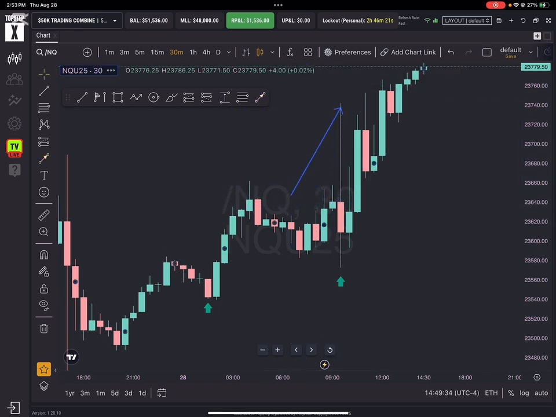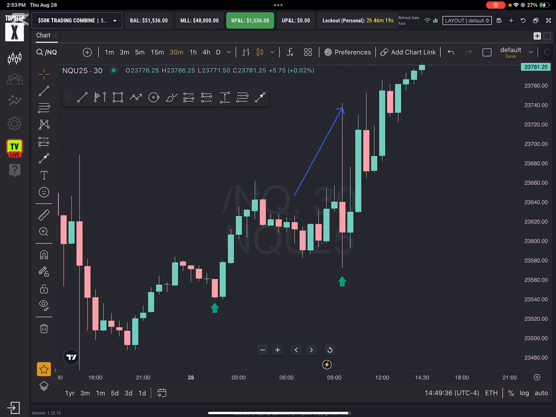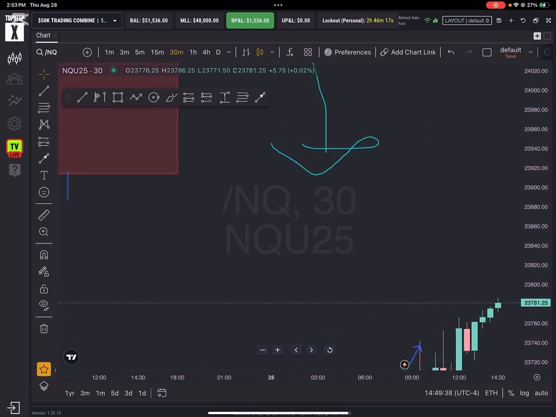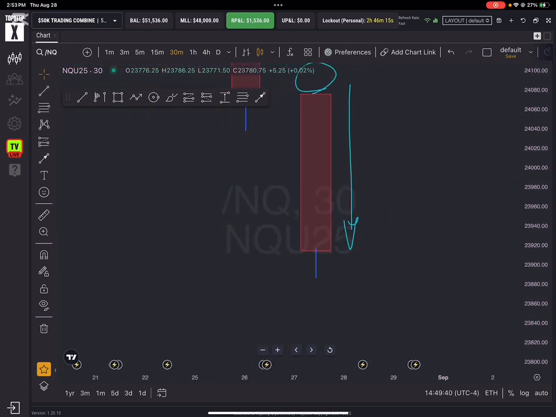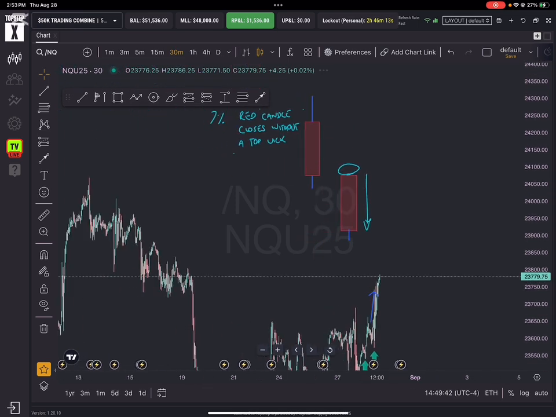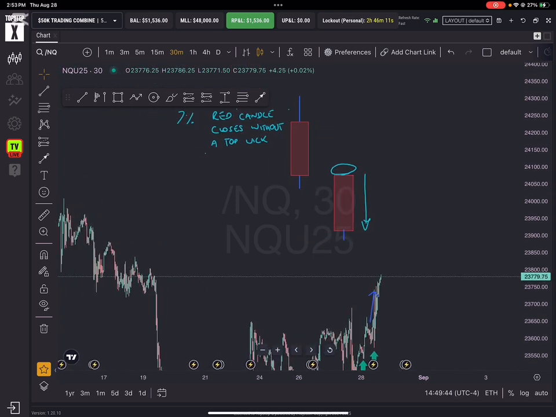So it went all the way up without a single bottom wick. The same information I just mentioned, a 7% chance that a red candle closes without a top wick, is the same statistic for a green candlestick closing without a bottom wick. So let me write it down. There's a 7% chance that a green